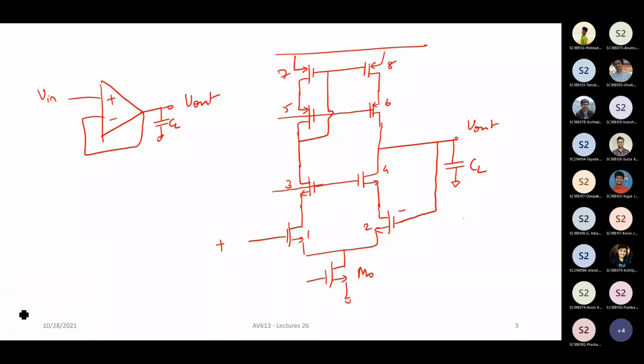So basically, what is the V out min? So let's try to look at what is V out min. V out min has to be like how we saw in yesterday's class. Basically, it has to be VB greater than VT. V out min is basically VB minus VTH, right? And what is our V out max?